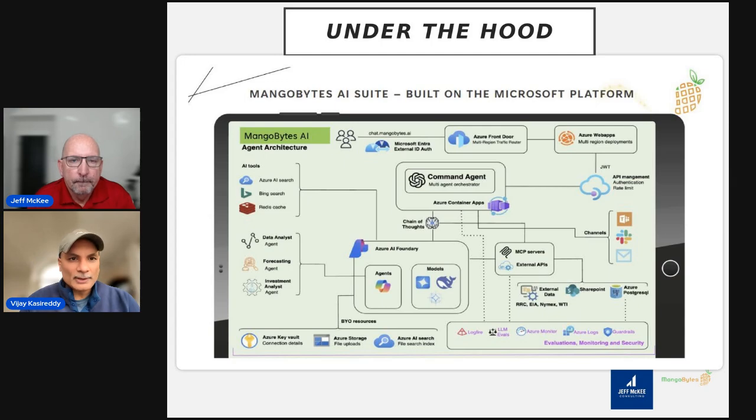And then, of course, one of the most important aspects of it is selecting the most appropriate model for each task, through Azure Foundry. What we have noticed is that different tasks require different sophistications within the LLMs, and certain LLMs work great for certain tasks, and certain LLMs aren't so good.